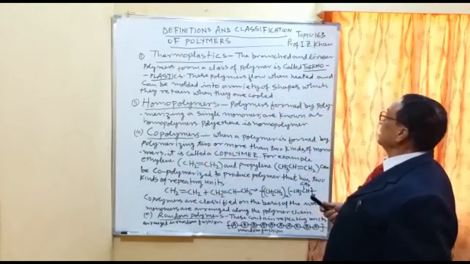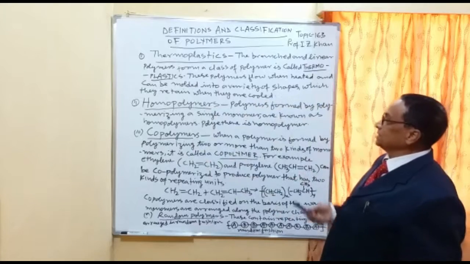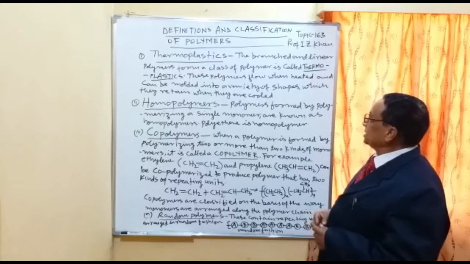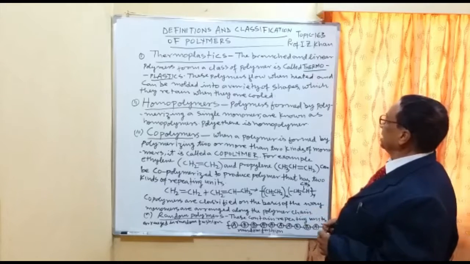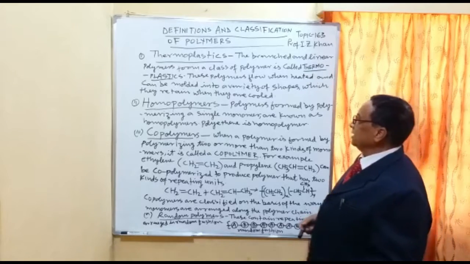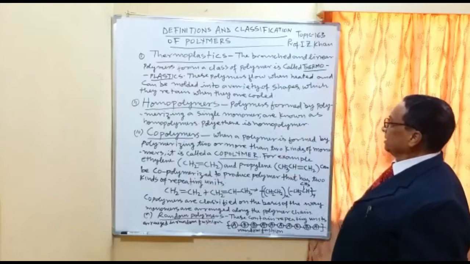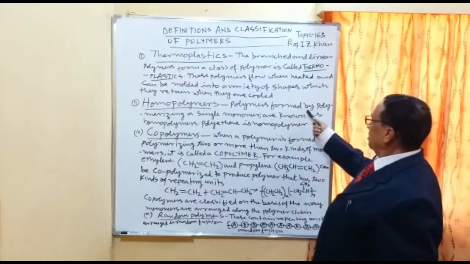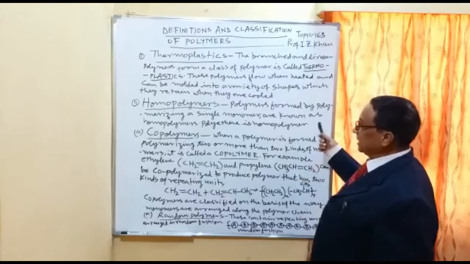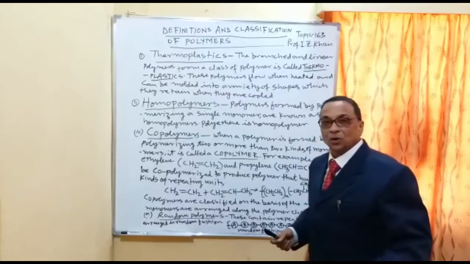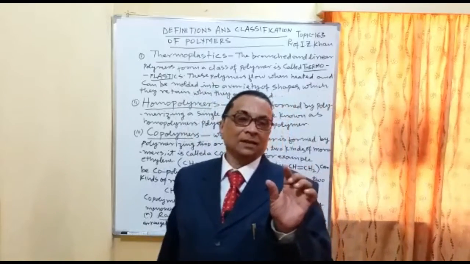The branched and linear polymers form a class of polymer called thermoplastics. These polymers soften when heated and can be molded into a variety of shapes which they retain when they are cooled. Number 2, that is Homo Polymers. Homo Polymers formed by polymerizing a single monomer are known as Homo Polymers. Polythene. Homo Polymers means same. Means if suppose I am taking